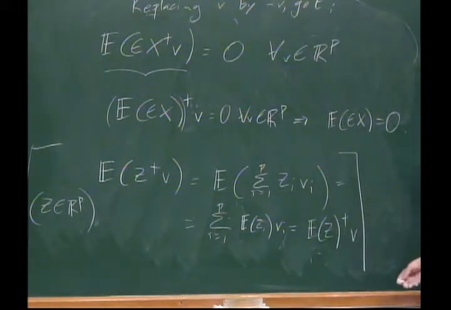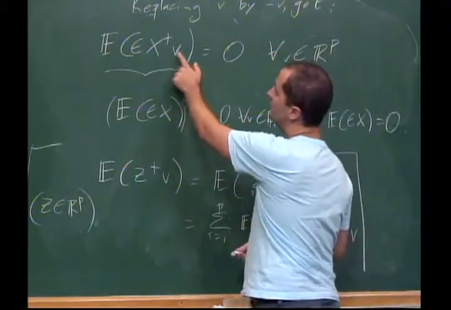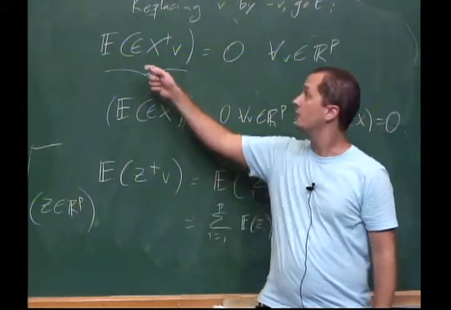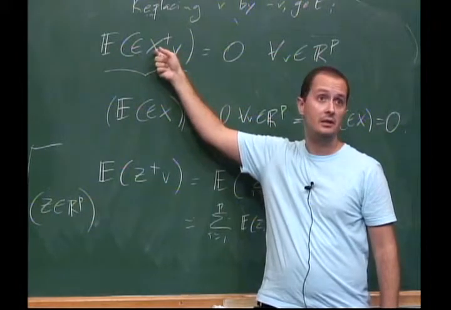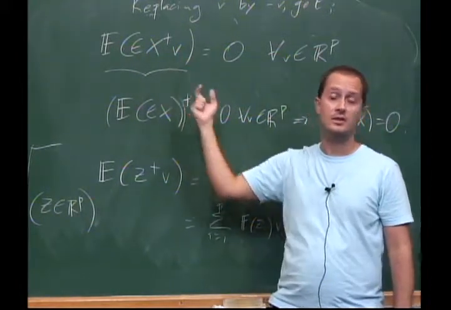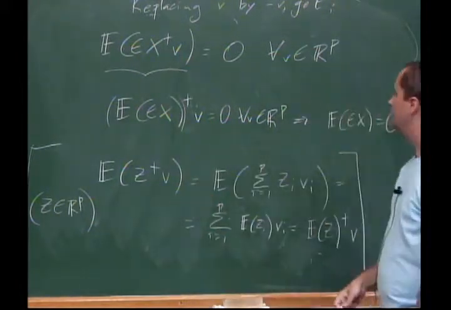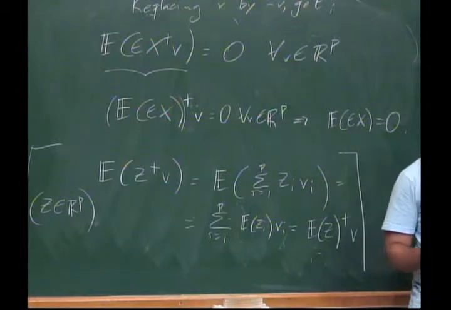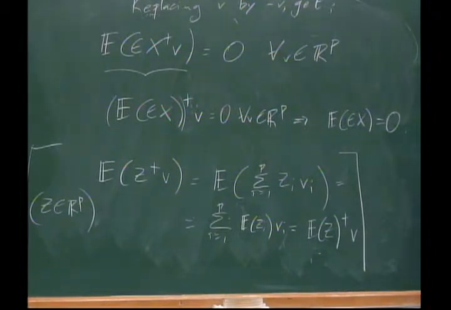Well, another way to do it is just to say, take v to be the ith canonical basis vector. So here you're going to get epsilon times x_i, the ith entry of x. And you're going to see this expectation is 0. And then you can use this information to show that the expectation of this vector is 0 as well. So that's how I wrote it in the notes. Okay?